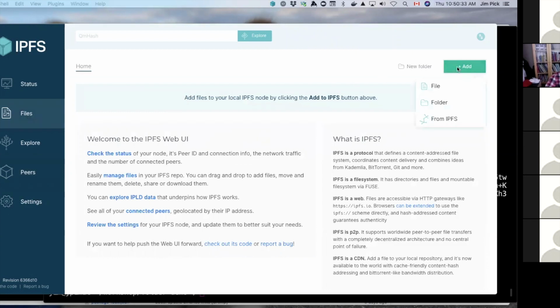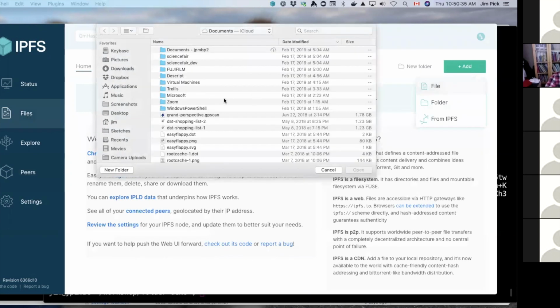So if I want to add to IPFS, instead of using the command line, I can just